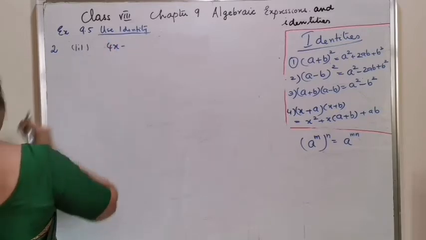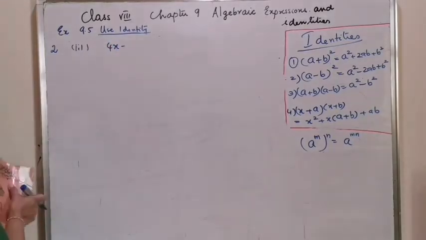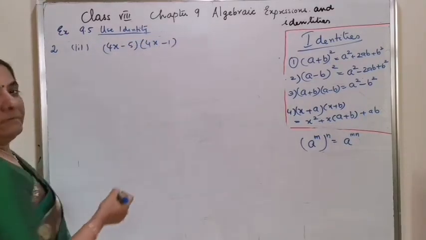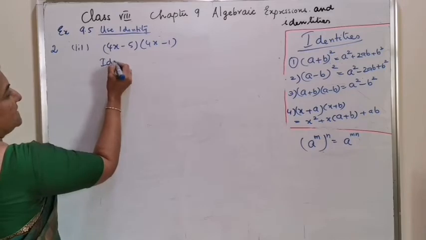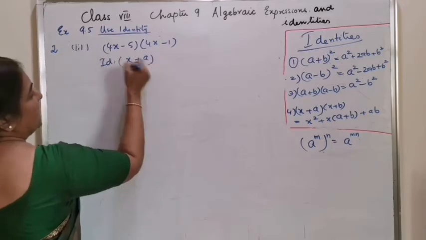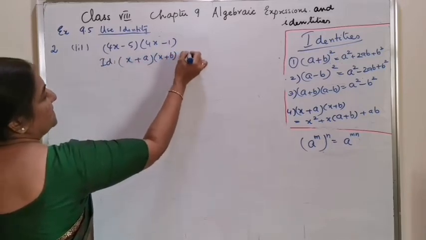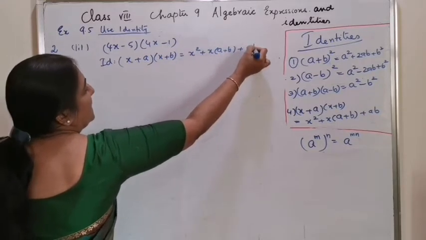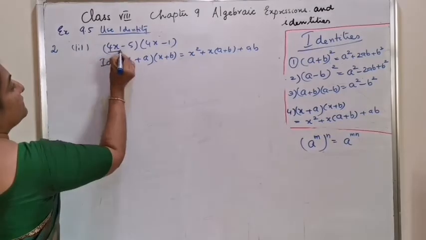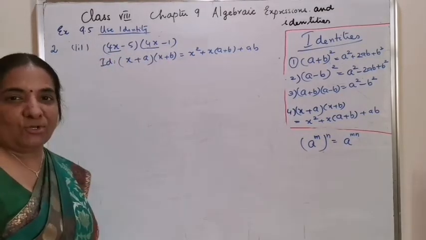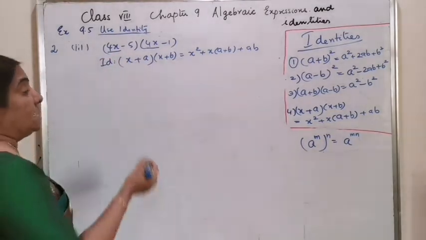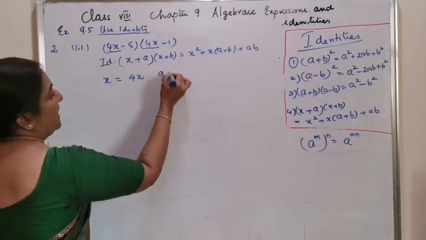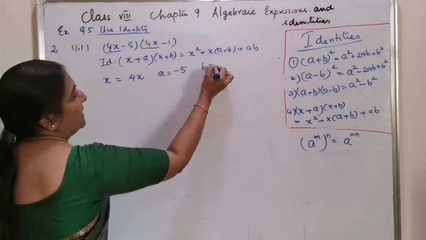4x minus 5 into 4x minus 1. Same way, the identity is always (x plus a) into (x plus b) is equal to x square plus x into (a plus b) plus ab. The identity has to be known, and only the first term has to be the same. That's all. Now with the sign,